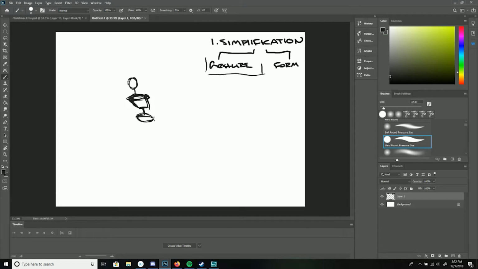So I know that probably his pelvis is twisting a certain way to do this. And I just try to figure out very loosely